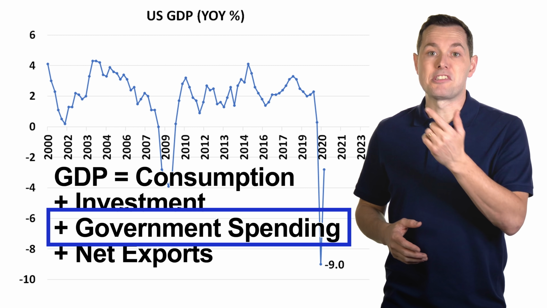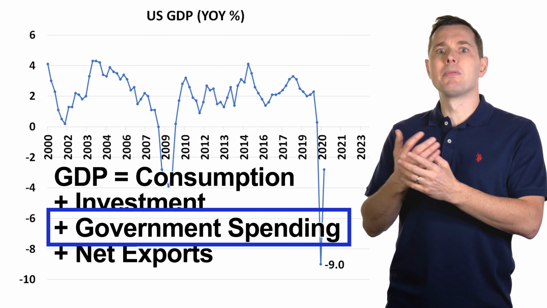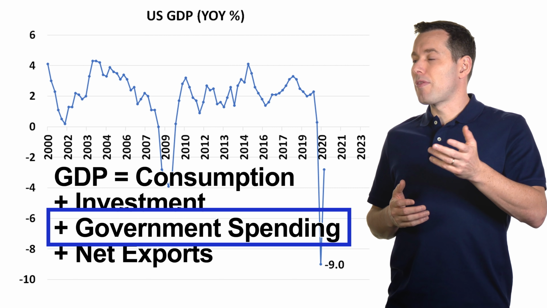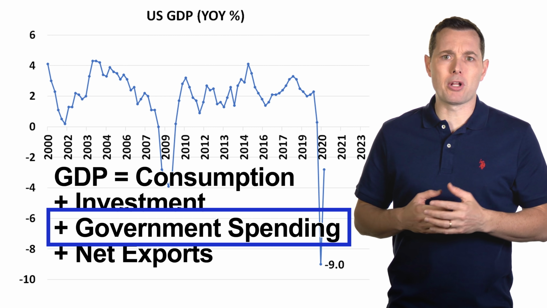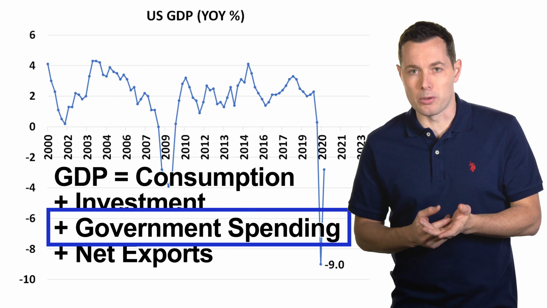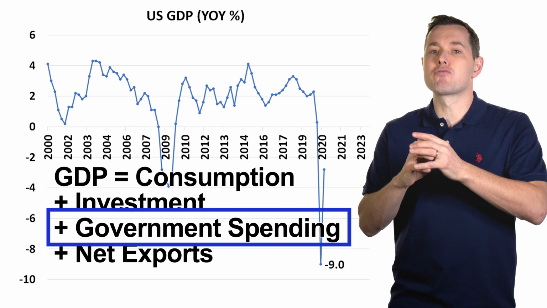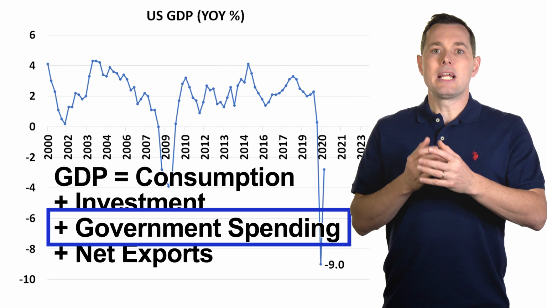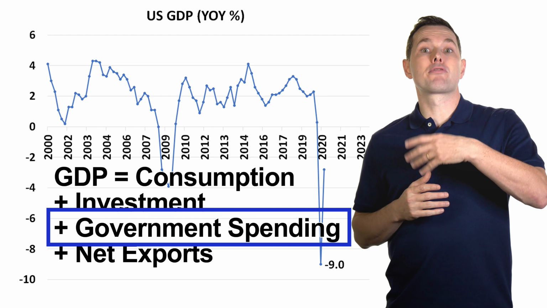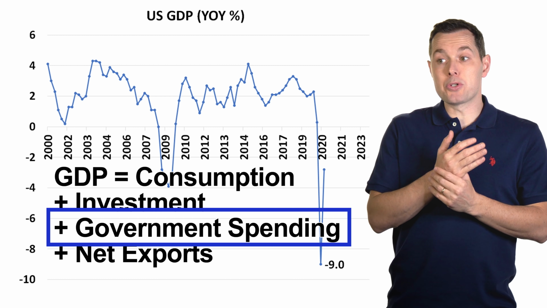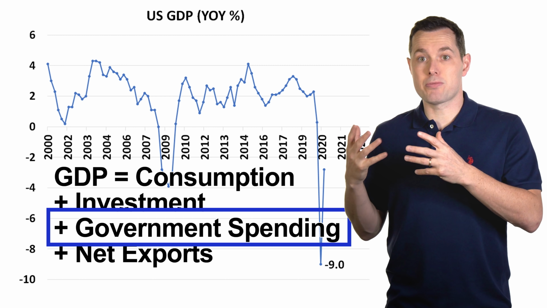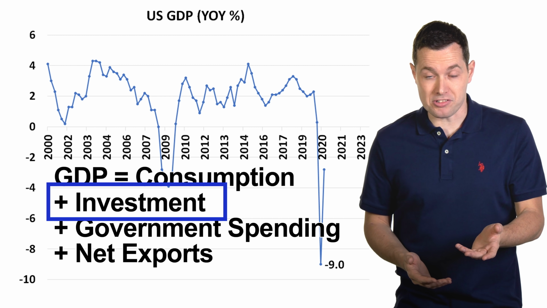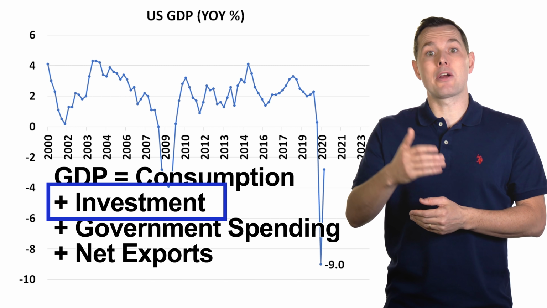Then we have government spending. I think this one's probably quite obvious. How much is the government spending? Are they building any new roads? Maybe they're putting up new infrastructure, new bridges, things along those lines. And everything has a ripple effect on everything else. If the government is paying to repair a bridge, let's say, they're going to outsource that bridge work. They're going to contract out that work to a company that repairs bridges. That company is going to hire people.